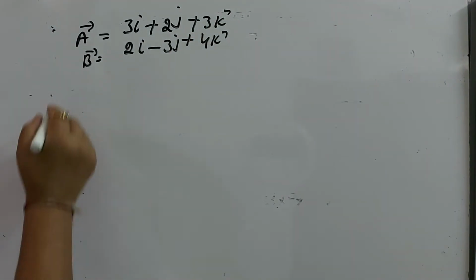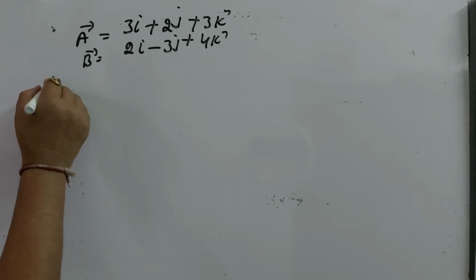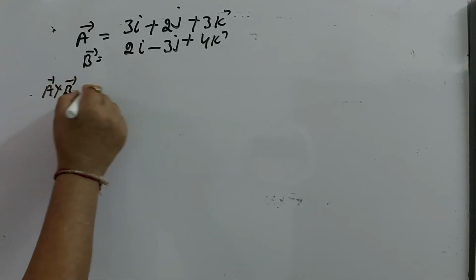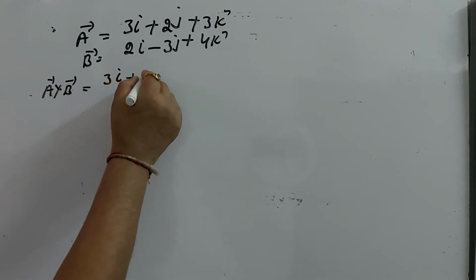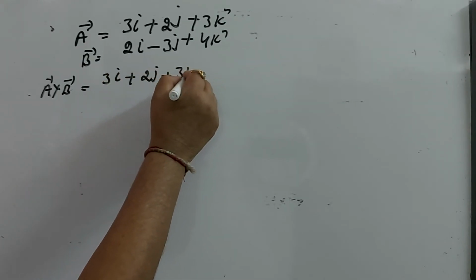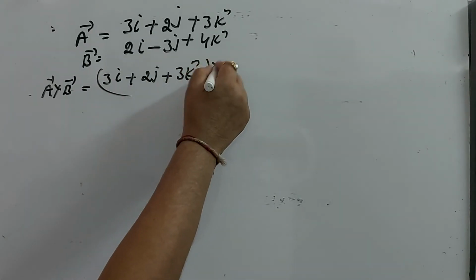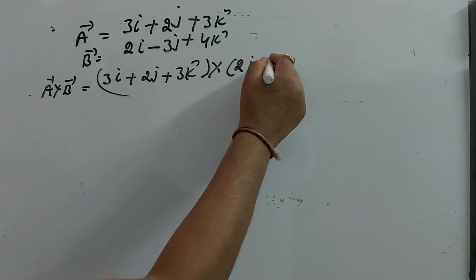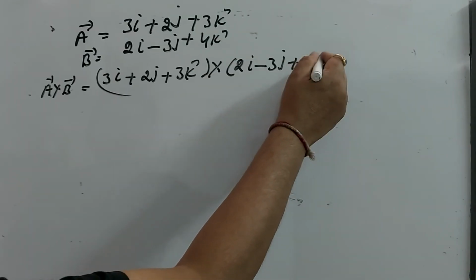Simply we have to multiply these two vectors; we have to find out a cross b. So this is 3i cap plus 2j cap plus 3k cap into 2i cap minus 3j cap plus 4k